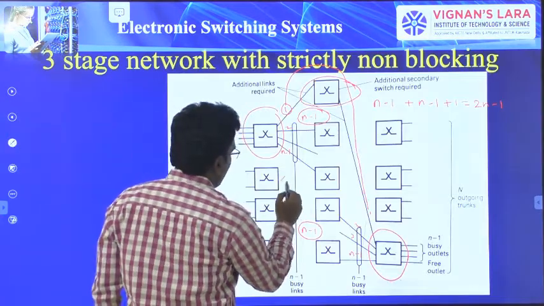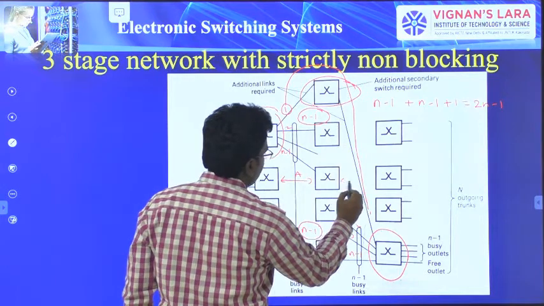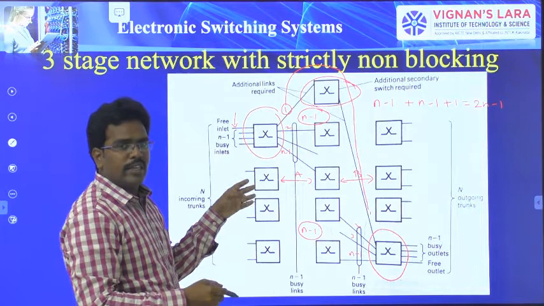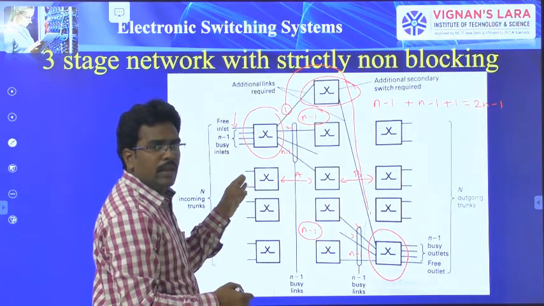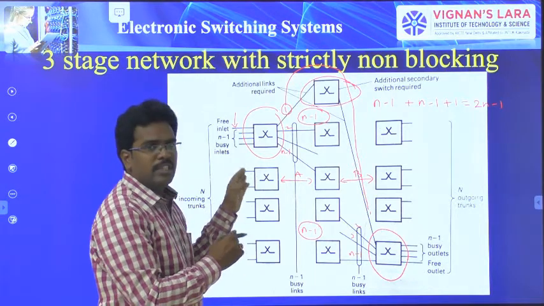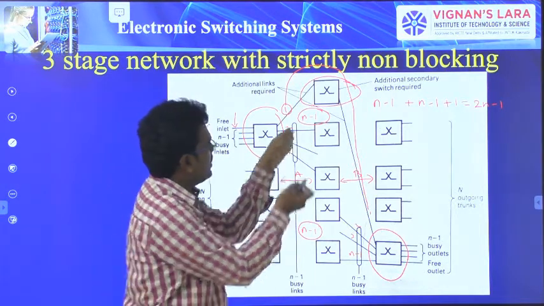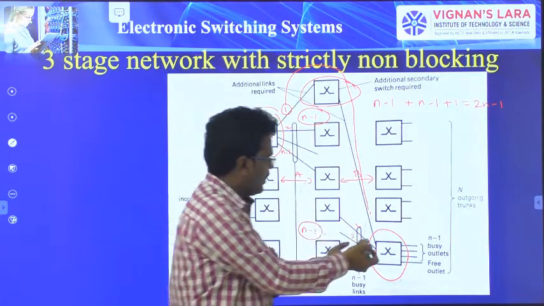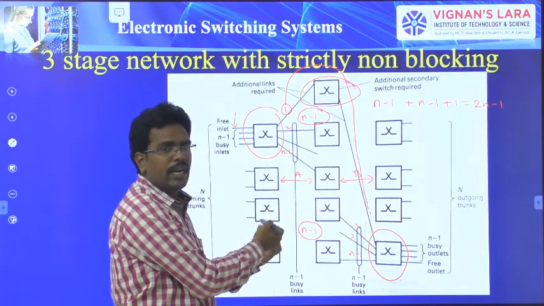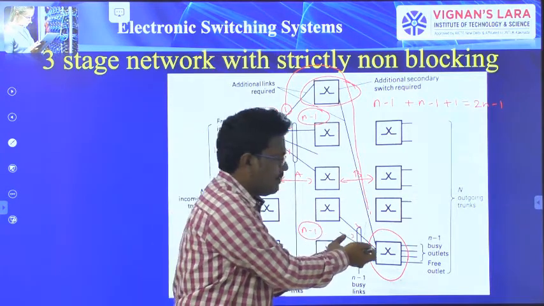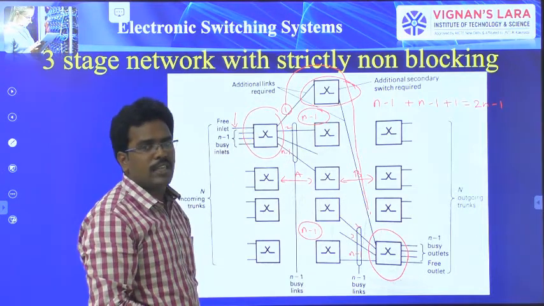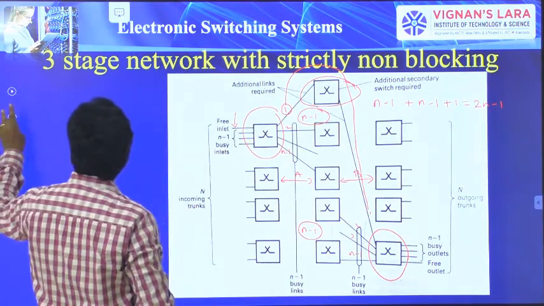So this is link A, this is link B, right? Link A and link B. So here what they are saying is, in the worst case, the n-1 links from the primary stage terminate on the secondary stage. Similarly, n-1 links from the secondary are terminated to the ternary switch. Both are terminated on different switches of the secondary stage. So in that case,